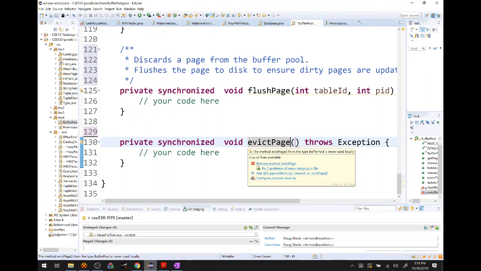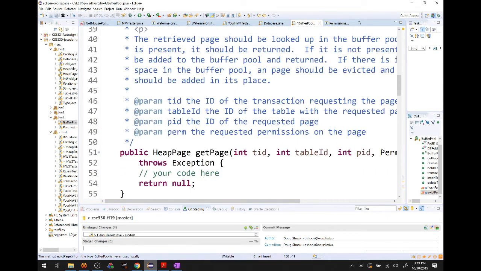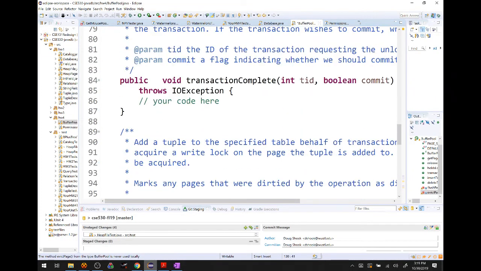The lab write-up goes into a lot more detail about how evict page should work and how you can detect what pages are being used by transactions or not and make the decision to evict the proper page. That's it. I know I say that's it like it's very simple and straightforward. There's not a lot of methods here, but there is a significant amount of conceptual work that you'll need to do, especially with those data structures that track locks. That is so crucial. And speaking from experience, if you get that part wrong, it's going to be a longer lab for you. So please spend some time thinking about that first.